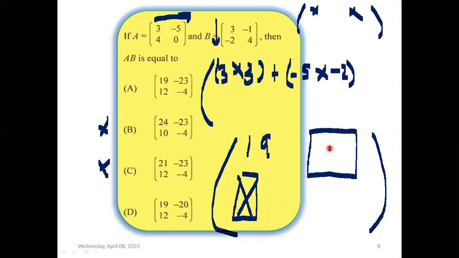Answer A. Okay, so what number did you get here? So -23? Yes, you're right. Because 3 times -1 is -3, not true? Yeah. Plus -5. -5 times 4 is